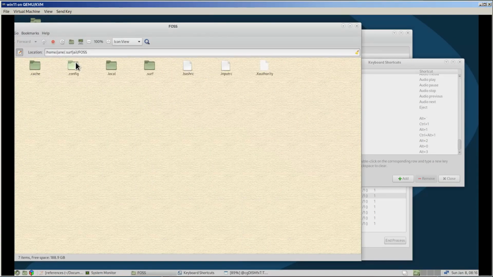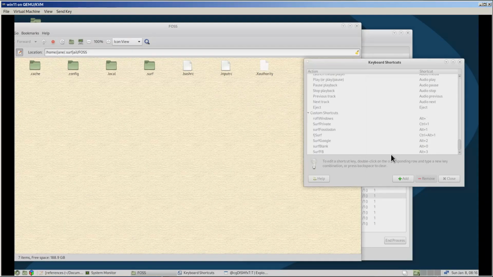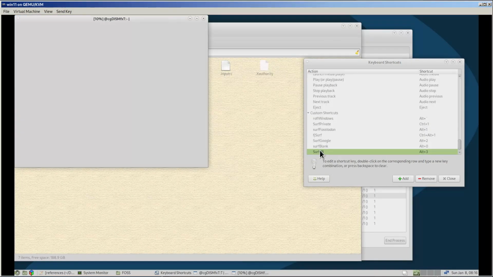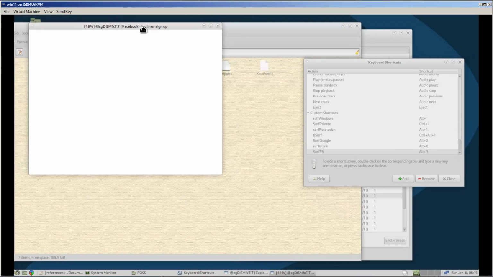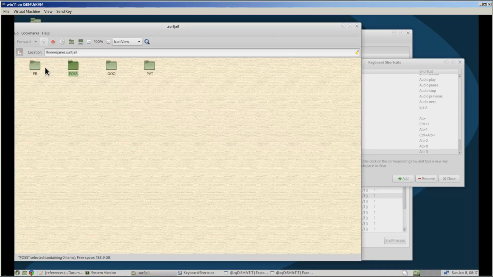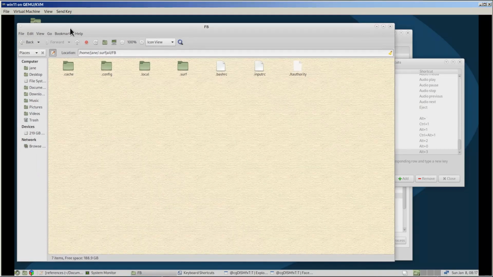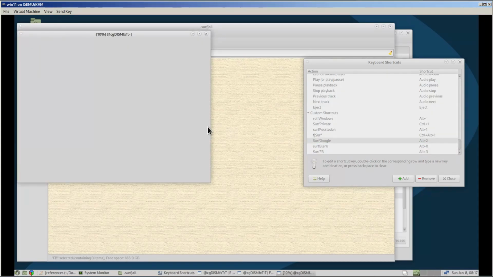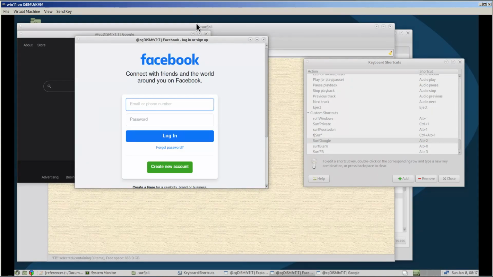I open Alt 3, that's Facebook. Facebook's cache is all in the Facebook directory. They aren't intermingled, they don't see each other. And Google, Alt 2. And if you end up going to Facebook and then go to google.com,